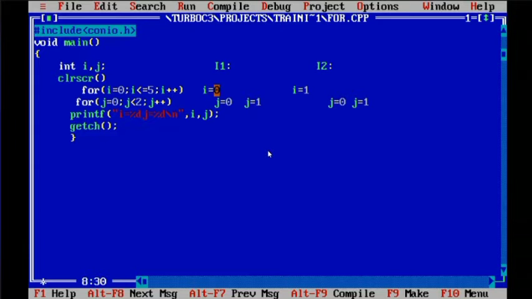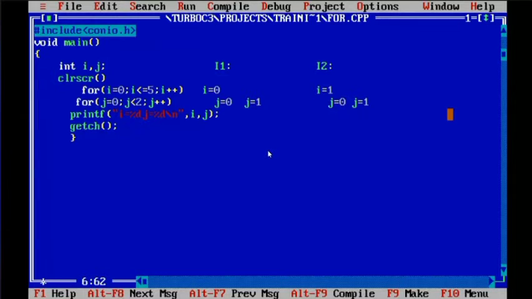See, for I equals 0, j has 2 values. Now for I equals to 1, j has two values. Similarly, for iteration number 3, you write I equals to 2, j equals to 0 and 1. This is called tracing of the program. Tracing means every iteration, whatever the I and j values are, must be written, because you will be asked to do very tough programs, tough kinds of printing by using for loop.